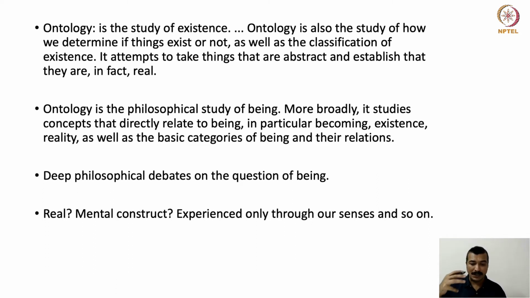Okay, because we know that whether it is the social world or the physical world, it is so chaotic. It is completely without any order. It is completely confusing. It is completely arbitrary. But are we making some order out of that arbitrariness, or are we imputing a certain kind of order onto that chaotic situation? So these questions, there's no consensus among philosophers, but these are some of the initial thinking about the study of any object, whether it is a physical object or a social object or whatever it may be.